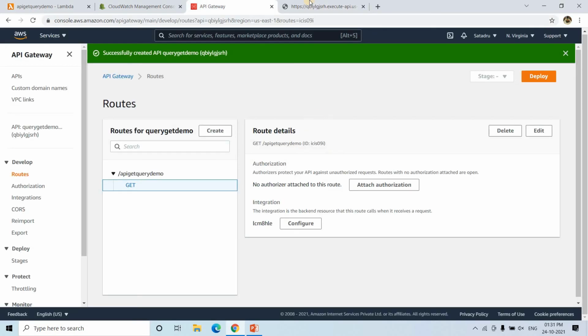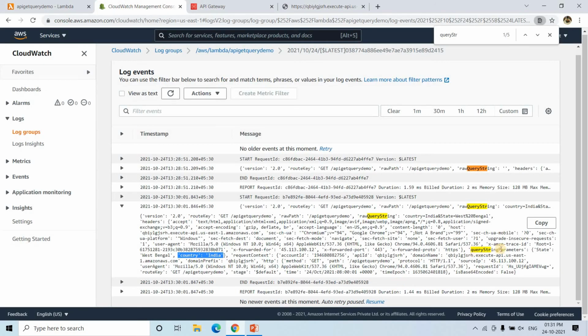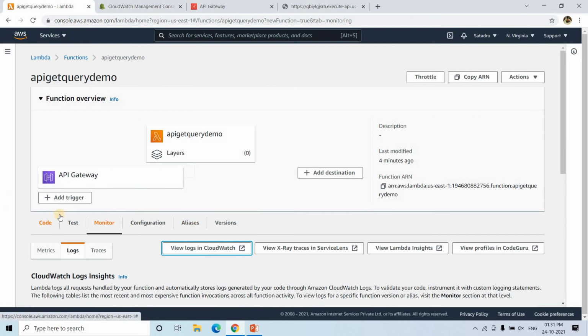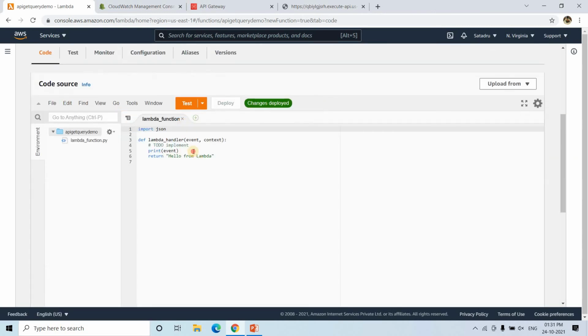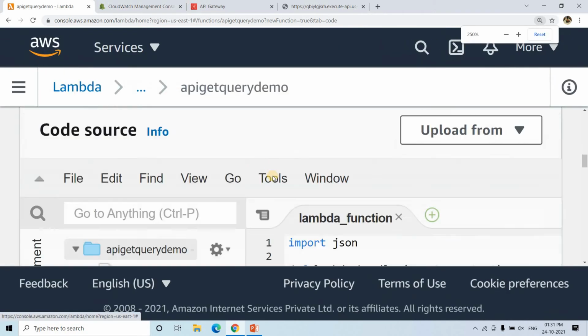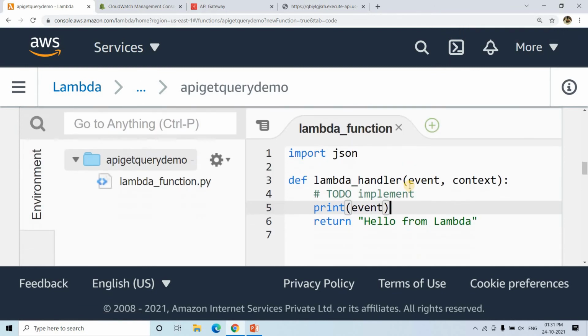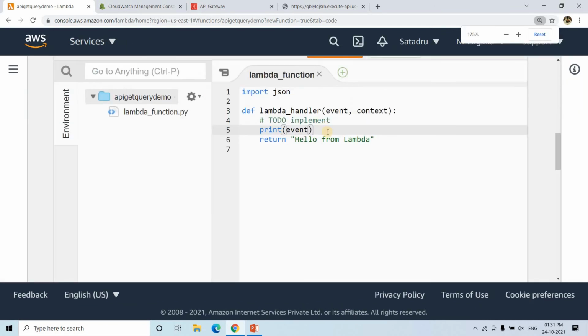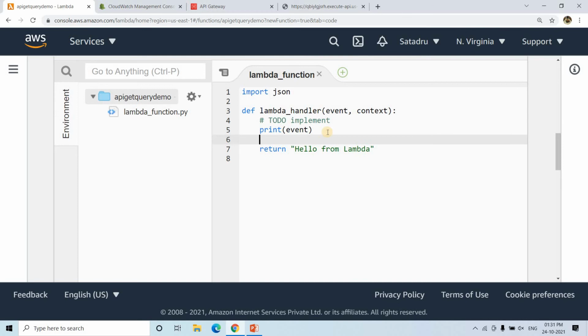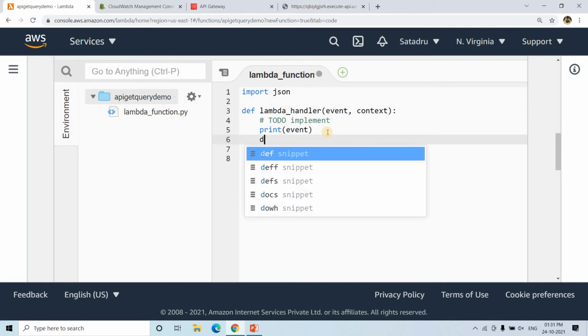Okay, so now we can use this particular query string, this particular key, for our data processing purpose in the backend server. For example, I can go to the code, and here I can change some amount of code. This is our Lambda handler, right? So here, in event, we can use data